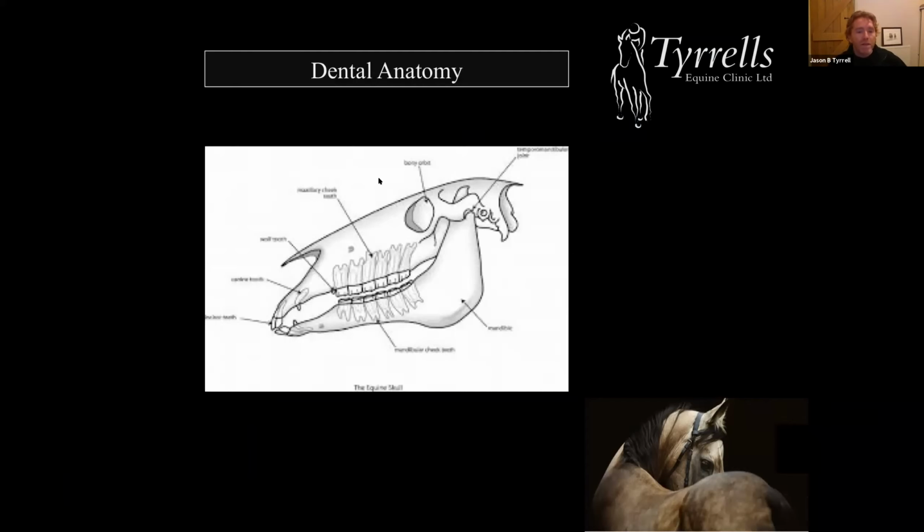Equine dental health and equine dental disease, you could talk for days on this. So we're going to have a bit of a rattle through some anatomy, then some diseases, and then some dull legislation towards the end. So, equine dental health. Here's a view of the horse's skull, and what we're looking at here is the